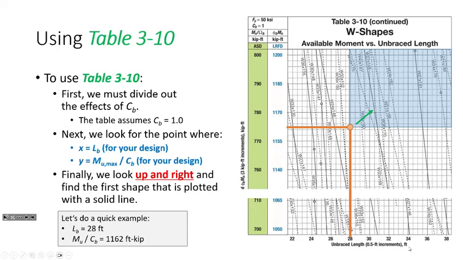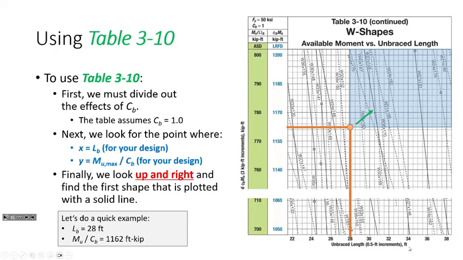So remember how in table 3-2 the top row was bolded, and that top row that was bolded corresponded to the lightest shape, right? Here, if there's a solid line, it's the lightest shape within that family, within that region, okay? What I am saying also is that it is possible that the solid line here does not correspond to a bold row in this table, okay? That's why the example we just did was a W14x61. That wasn't a bold row. Does that make sense? Everybody okay with that?